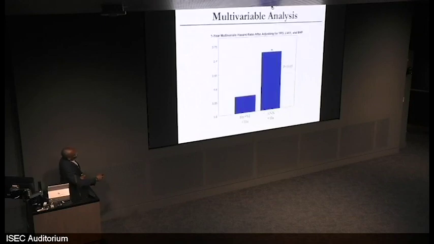So if you put this into a multivariate model where you control for the metrics that I talked about last time, the brain natriuretic peptide, a known indicator of increased risk, the left ventricular ejection fraction, and the TIMI risk score, and you look at the artificial neural network and this model that uses just the history and the average of all of the ST segments, so this does not include the time series data, this is the average of all of the Legendre coefficients from the 50 beats. It outperforms it, and this difference is statistically significant.